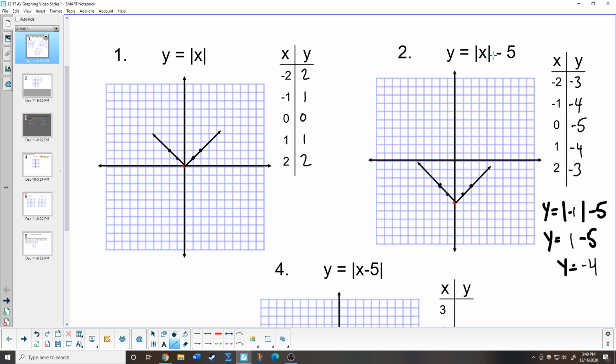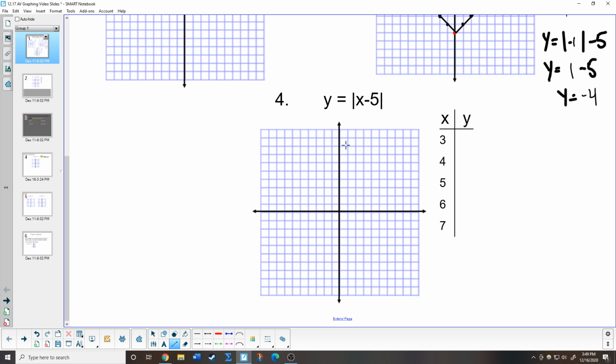Notice that we had this -5 here on the outside, and look where our vertex moved down to, right? It moved down 5. So this will start relating back to transformations, like we talked about when we talked about graphing linear equations. So what I want you to do is we're going to skip 3 for right now, just because I'm not going to do every single problem on the video. I want you guys to go ahead and try number 4 with the points that they gave you for x. I want you to try plugging them in, and then go ahead and graph it and see what it looks like. So you can pause the video,